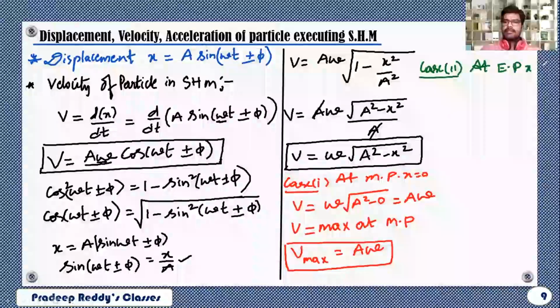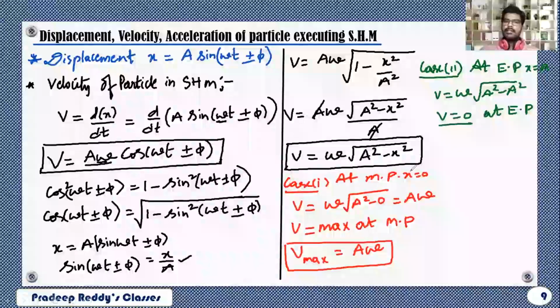And at extreme position, I can write x is equal to capital A. Extreme position means x is equal to capital A. I'll just substitute that here. V is equal to omega into under root a square minus a square. So v is equal to 0. Therefore, v is equal to 0 at extreme position. So velocity of the particle executing simple harmonic motion at extreme position is 0. And at any other value,